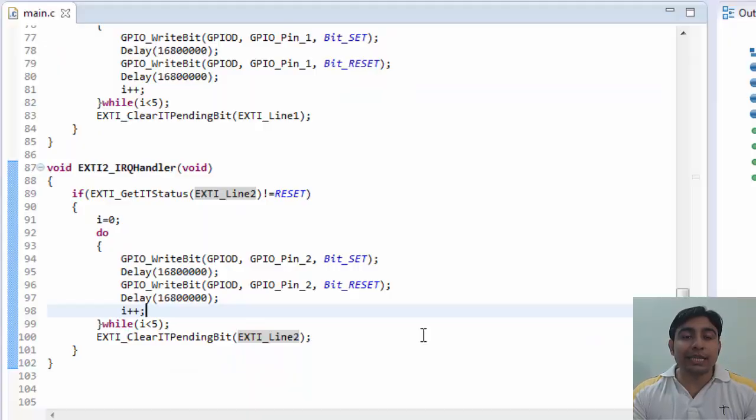Okay, so these lines are similar to the ISR of external interrupt line 1, except it's blinking LED 3 5 times. Okay, so now our program is complete.